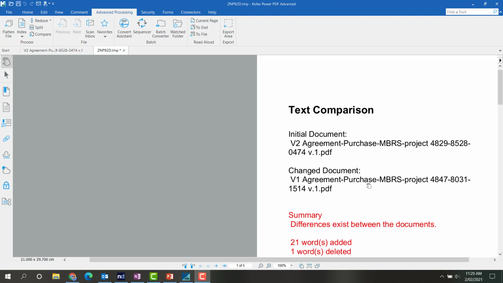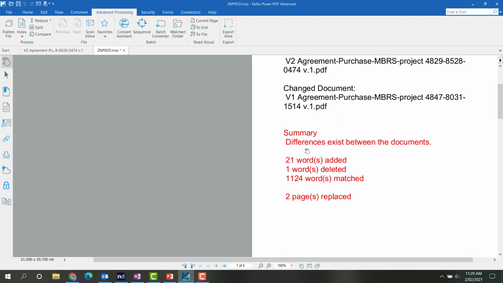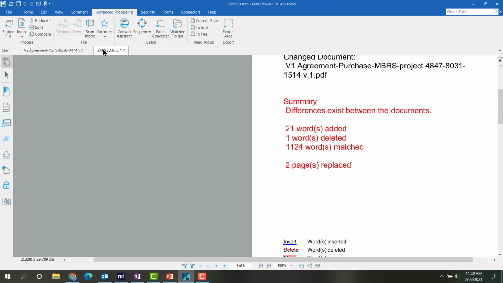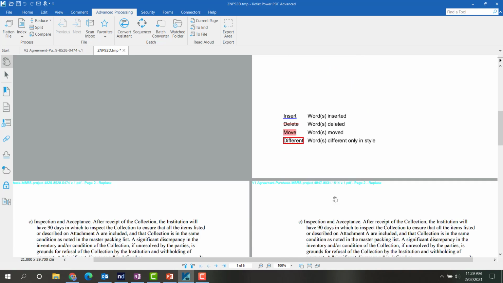So Power PDF has generated this report which says these are the two documents being compared: initial document, change document. What is the summary? There have been 21 words added, 1 word deleted, and the rest of the 1100 words have matched, and 2 pages are where there are some differences. So out of a total of 4 pages, Power PDF highlighted there are 2 pages that you need to closely